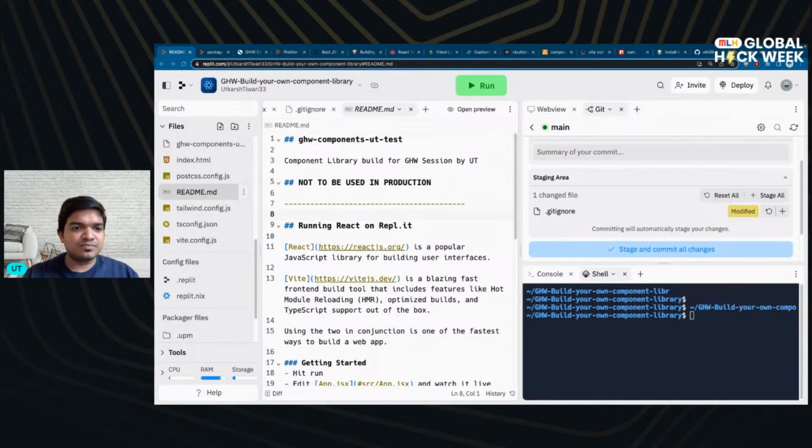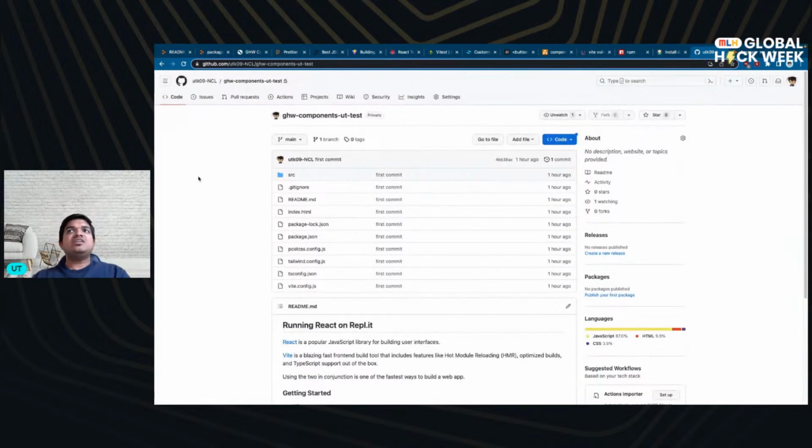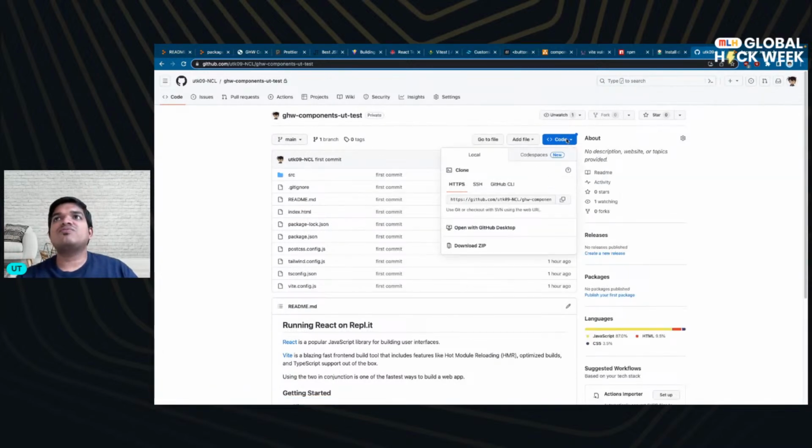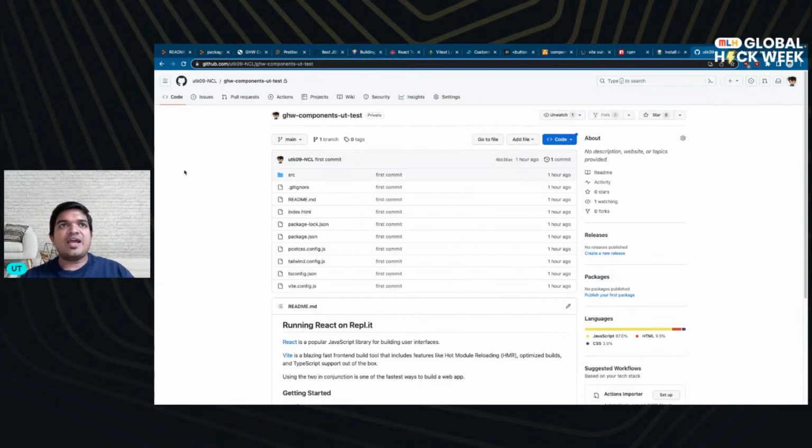Let me share that particular screen. I have actually successfully pushed every change to GitHub, but for the purpose of this project, I am going to